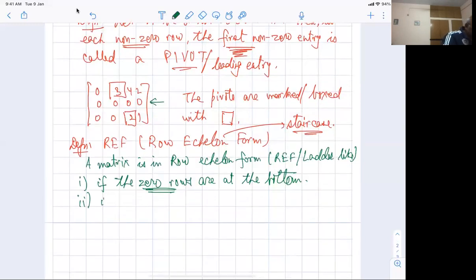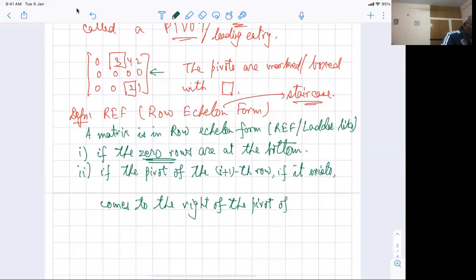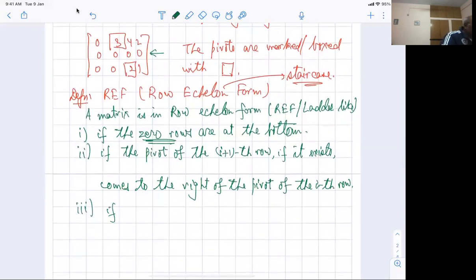if the pivot of the (i+1)th row, if it exists, it may not exist, all right, if it exists, comes to the right of the pivot of the ith row. And third, every entry,